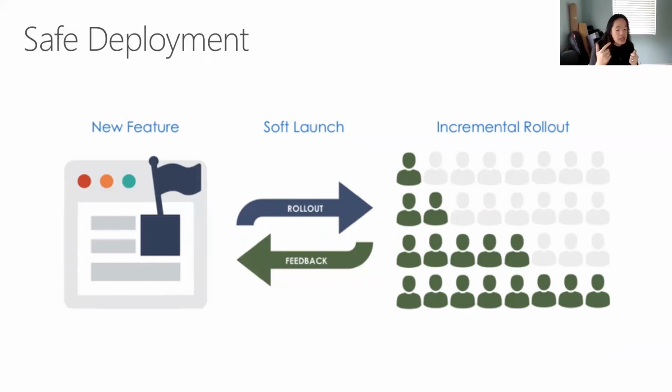So we use this concept of safe deployment on the Visual Studio Team Services team when we deploy Visual Studio Team Services, right? VSTS is a global service that serves the entire world. So when we push out new features every 3 weeks, like clockwork, we don't just blast new code out to every single user everywhere, right? That would be incredibly dangerous. If one person had some bad code, we could end up bringing VSTS down completely for every single user.